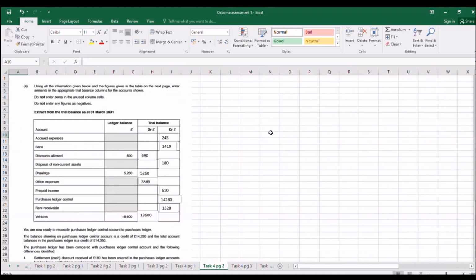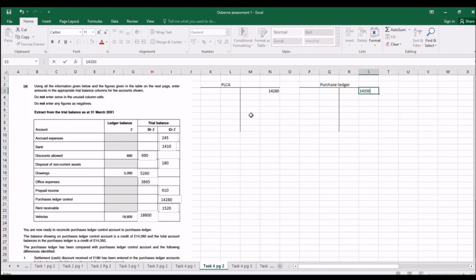So what you want to do then, as we're doing a purchase ledger control account reconciliation, is lay this out with two T accounts here: the purchase ledger control account and the purchase ledger. The purchase ledger control account is a credit of that there, and the purchase ledger is a credit of